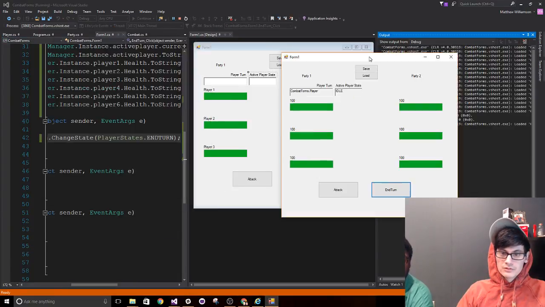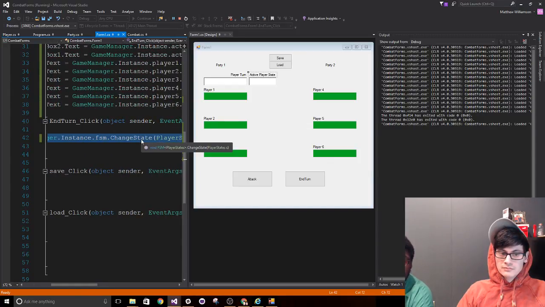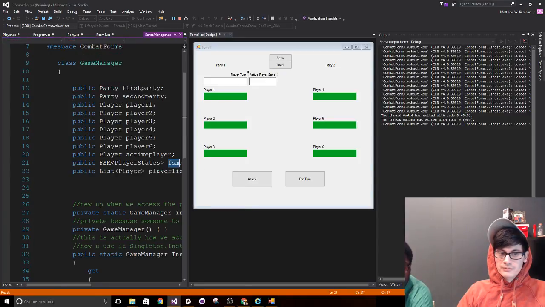Obviously, that wouldn't work. So you're not allowed to put corn, this FSM,